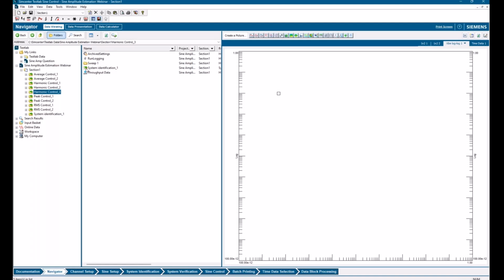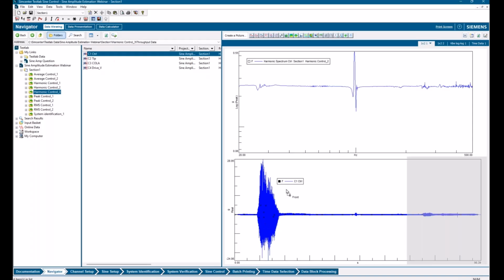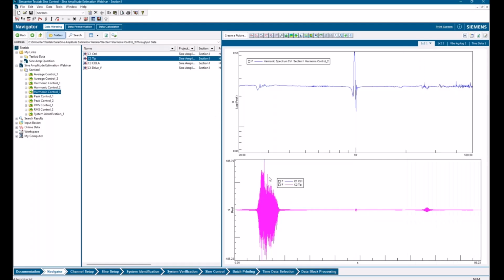So let's take a look here and let's see. So first, let's just take a look at the time data here. So I'll use this from our most recent test, and I'll pull in my control channel and tip response. Maybe I'll move this up there.